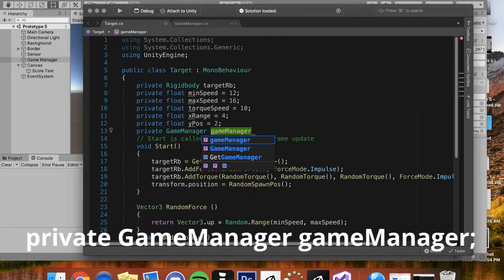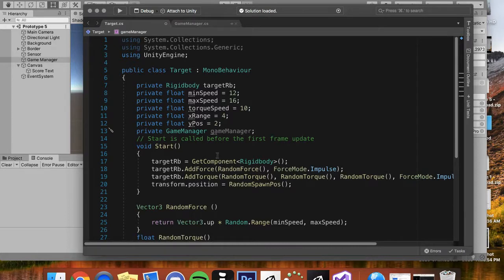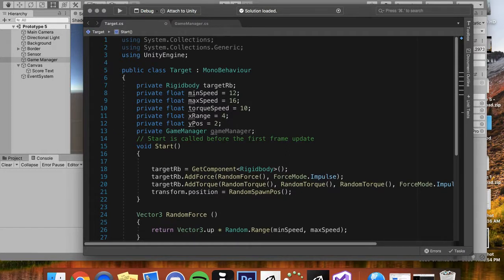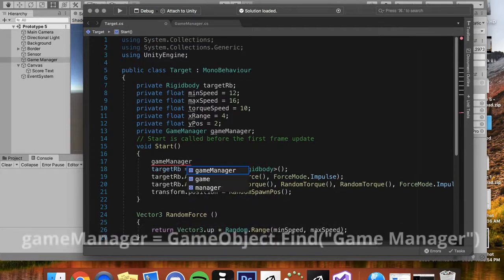I'll just call it game manager. Put a semicolon. And we will go find it. And our start method, I might just put this at the very top. So line 16. And we'll say game manager is equal to